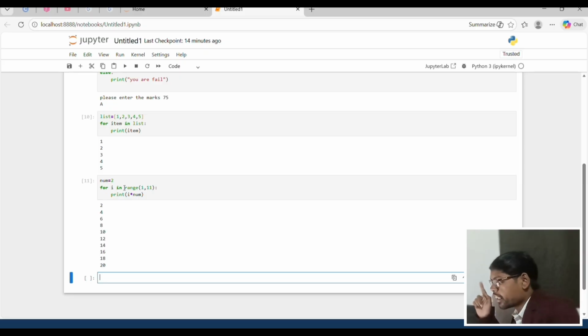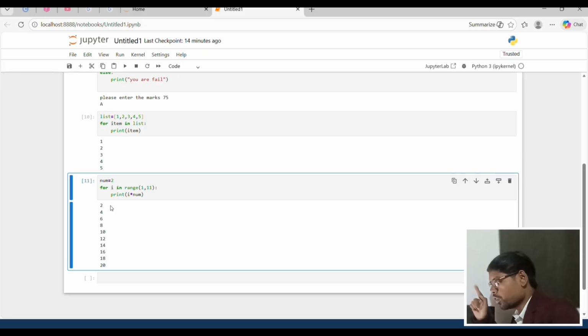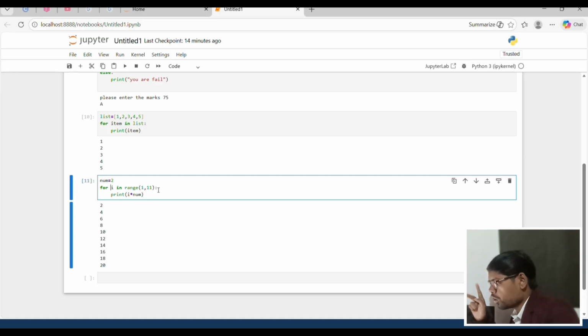First i contains only 1, so 1 multiply 2 is 2, and then repeating. i contains 2, 2 multiply 2 is 4. i contains 3, 3 multiply 2 is 6. i contains 4, so repeating task. And last, 20. i contains 10, so 10 multiply 2 is 20, but then i contains 11, so this condition is false, so it stops.